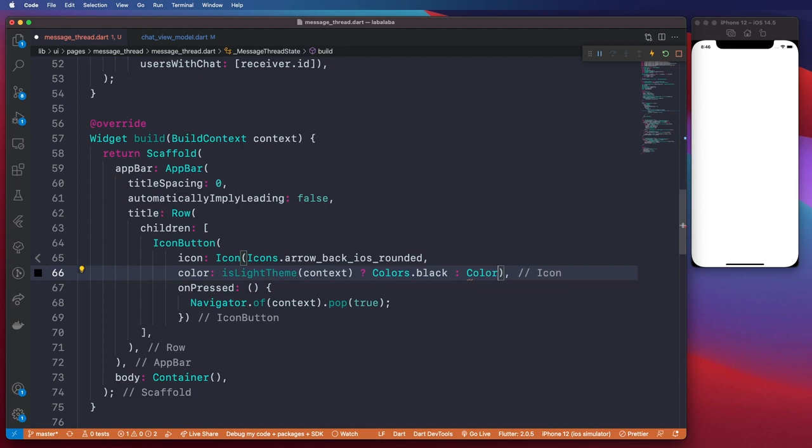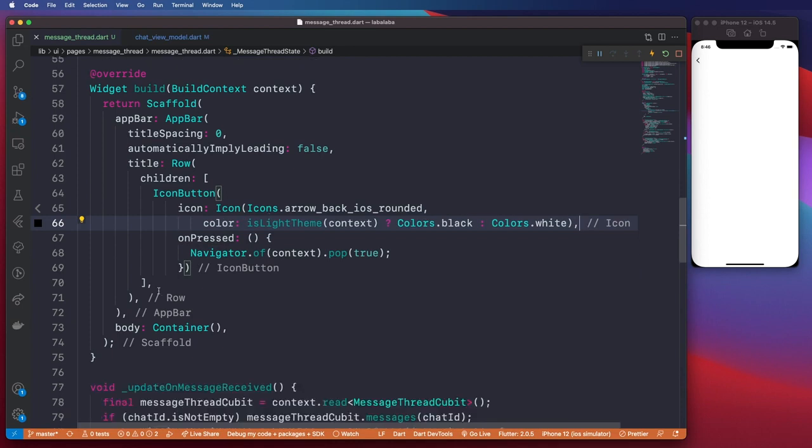Otherwise, colors white. So there we have our icon, and then after our icon button,